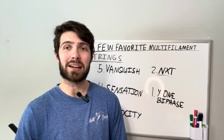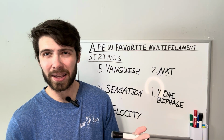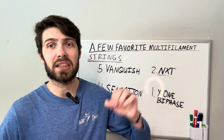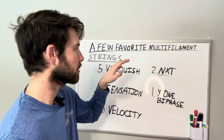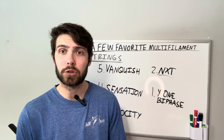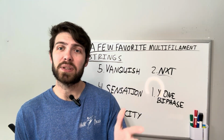While NXT has a lot of different versions of it, like I said, Soft, Power, I want to say Duramax again. Don't remember that one off the top of my head. But Byphase, you have the ability not only to get the 16 gauge and the 17 gauge, which is pretty standard for most multi-filaments, but you can also go down, I believe, to an 18 gauge as well. So most multi-filaments you usually don't see at an 18 gauge, which is pretty interesting, but it's because if you